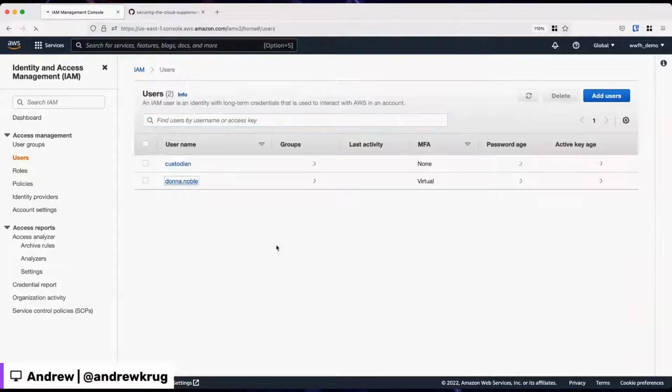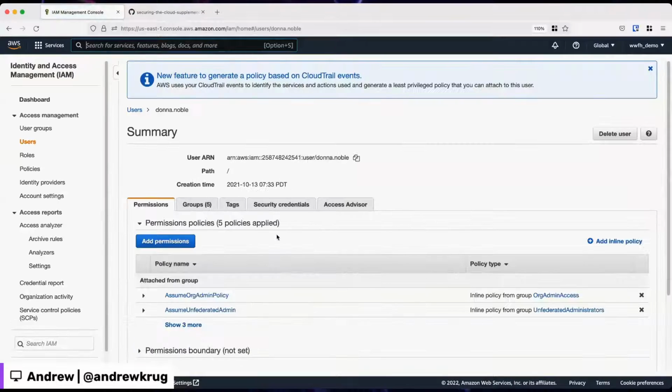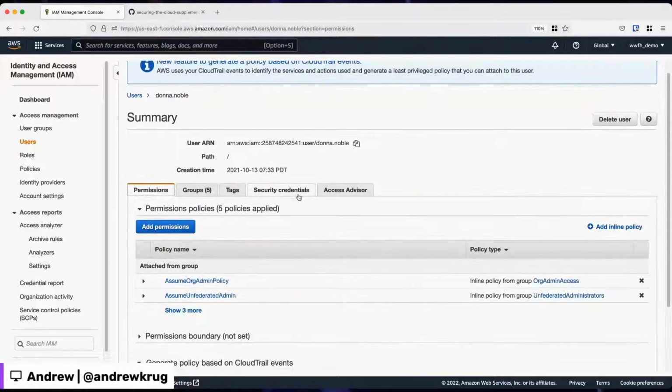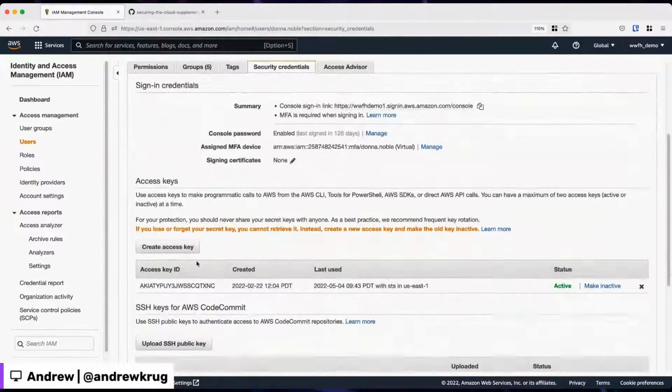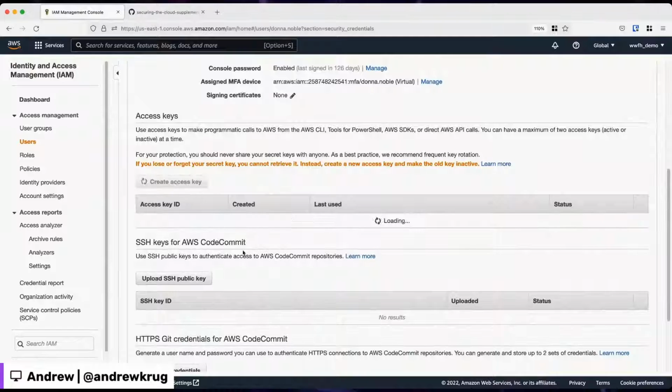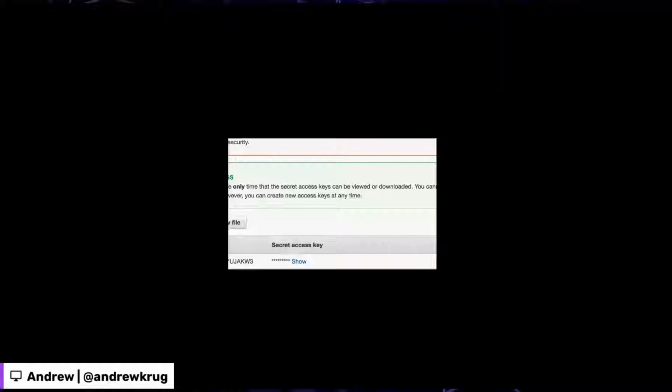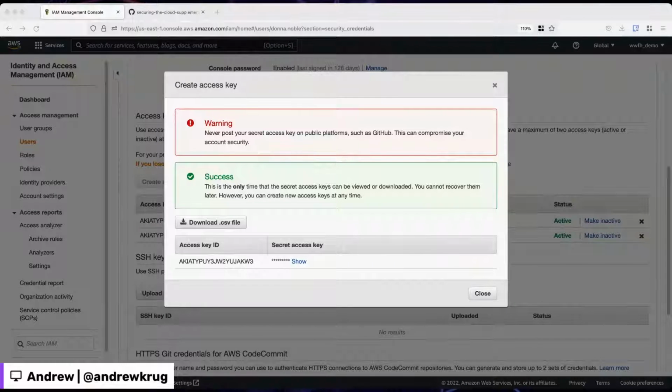All right, so I'm going to generate a brand new key here. So if I go to security credentials, scroll down to access keys, I'll go ahead and generate a brand new access key, and I'm going to download this as a CSV. So there's my new access keys. And here I'll even show it on the screen, because I was really serious. You can't do anything with this access key pair.